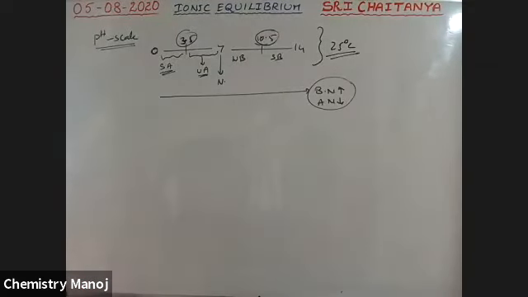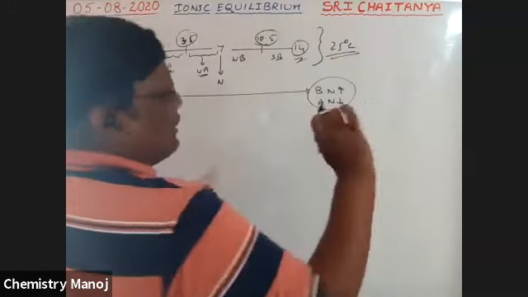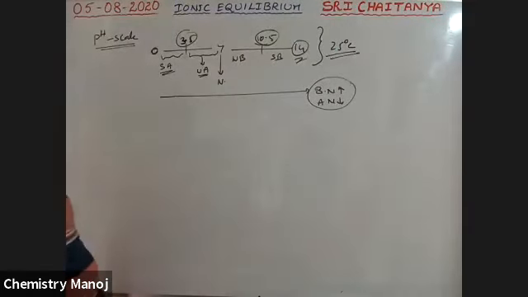Applicable only at 25 degrees. Whenever the value 14 is used, the corresponding values are all applicable at 25 degrees centigrade. The formula itself can be applied at any temperature, but if the formula corresponds to 10 power minus 14, or 14, automatically that is at 25 degrees centigrade. Next, see here, let